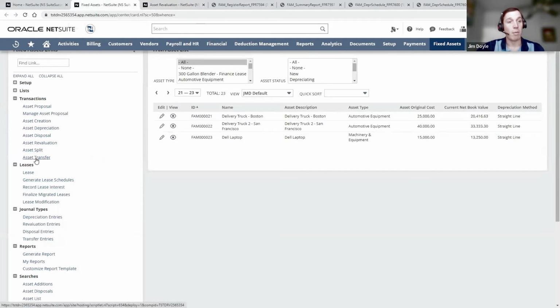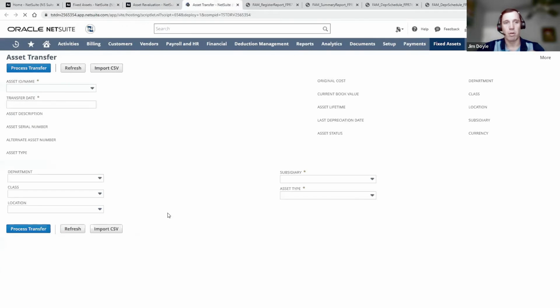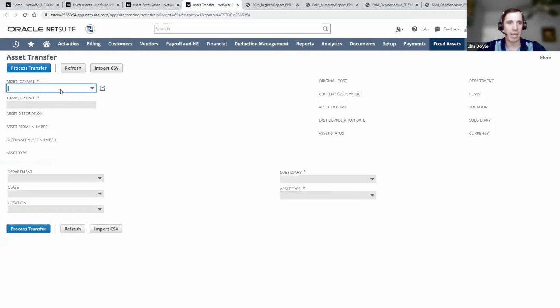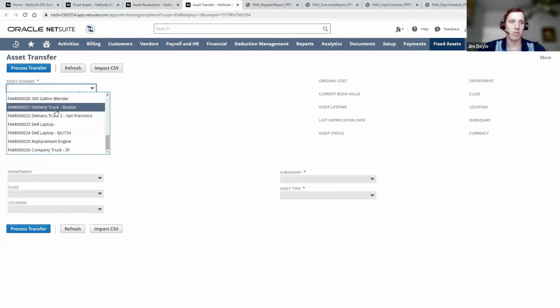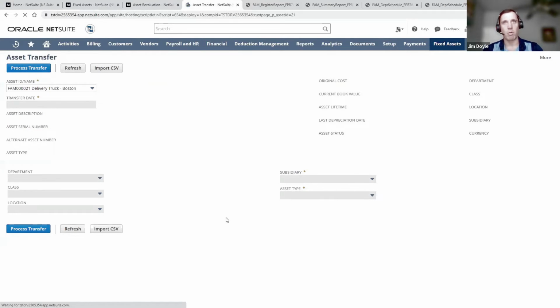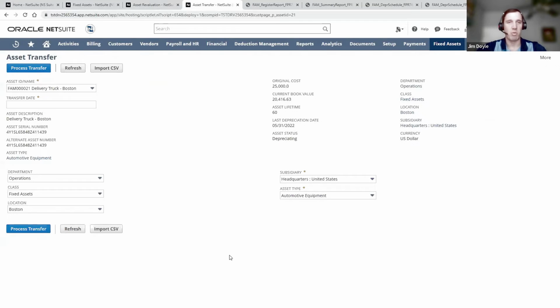If I want to transfer assets, there's another similar-looking page. I'm selecting the asset that I want to transfer. Now, there needs to be a journal entry associated with this, even though I may just be changing or reassigning it to a different department, class, or location. When I do select that new